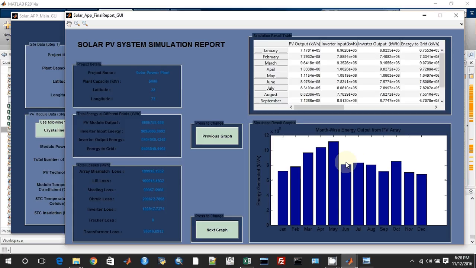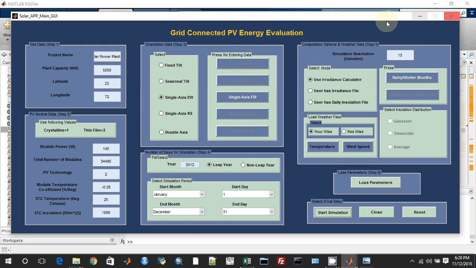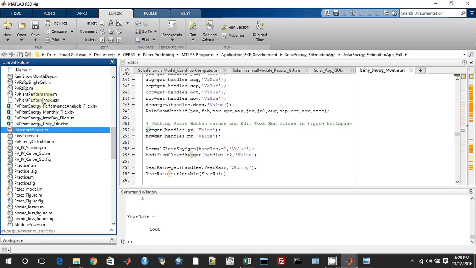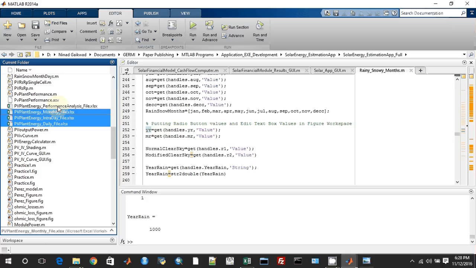So now we have trained it, or we have modified it to incorporate the rainfall information and then utilize it for estimation, and you can clearly see that there is a dip over here, and the rest of it all remains the same. And we can close this window right now, and we will again have those 4 files which, we didn't delete those files last time, so they have been overwritten from the data we simulated right now. So we will just delete them right now. We have one more simulation to go,